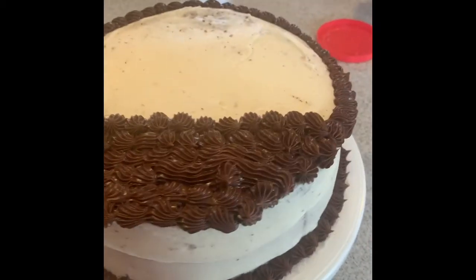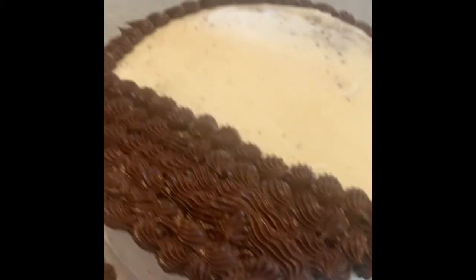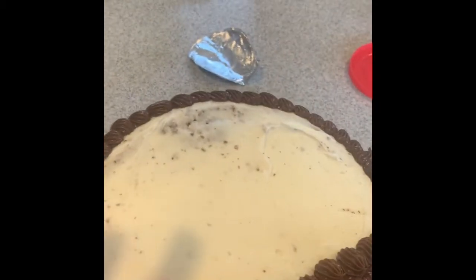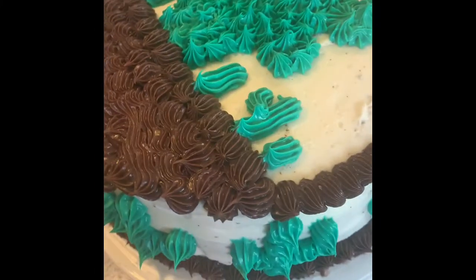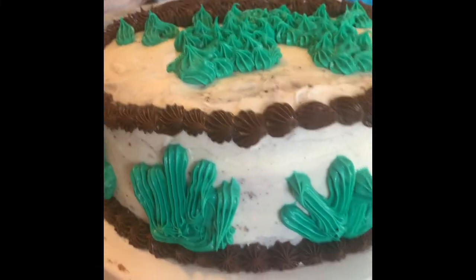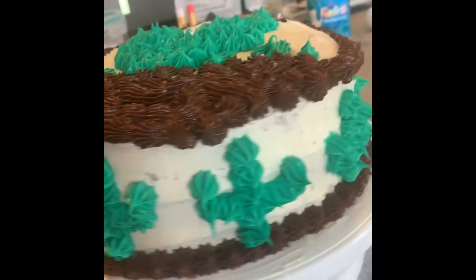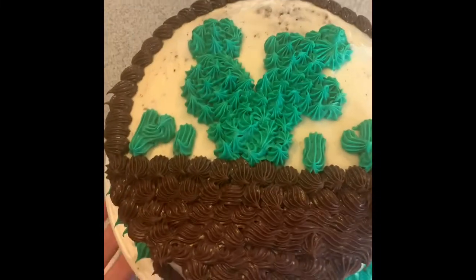This is what I did with the chocolate frosting. I did a liner on the bottom, a liner on the top, and then filled this in because I'm gonna make a cactus right here. And this is after the cactuses around. I did those ones this way. It's not very great, but sorry. And I did regular cactuses around the front. And now I'm gonna do